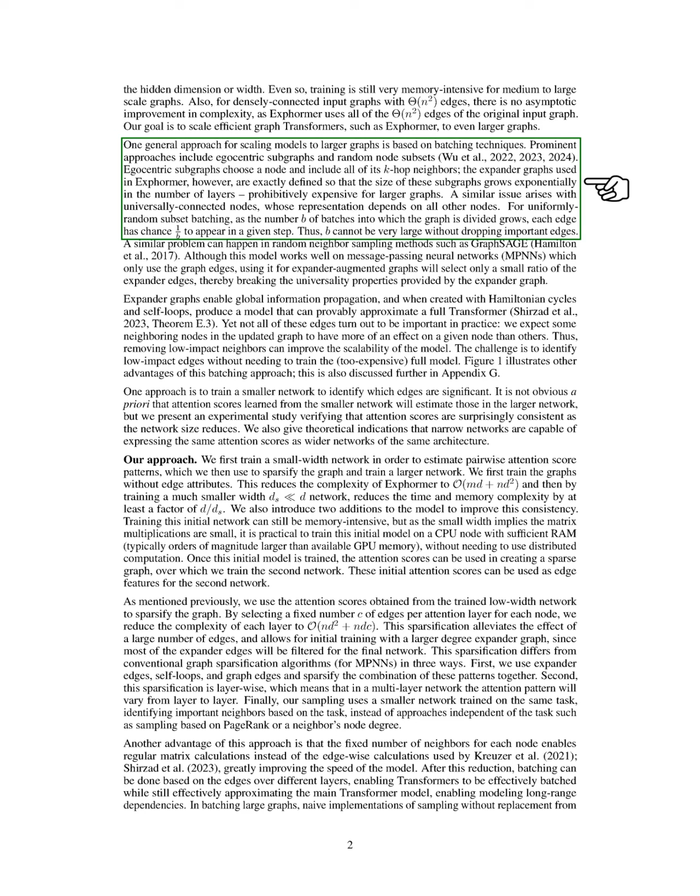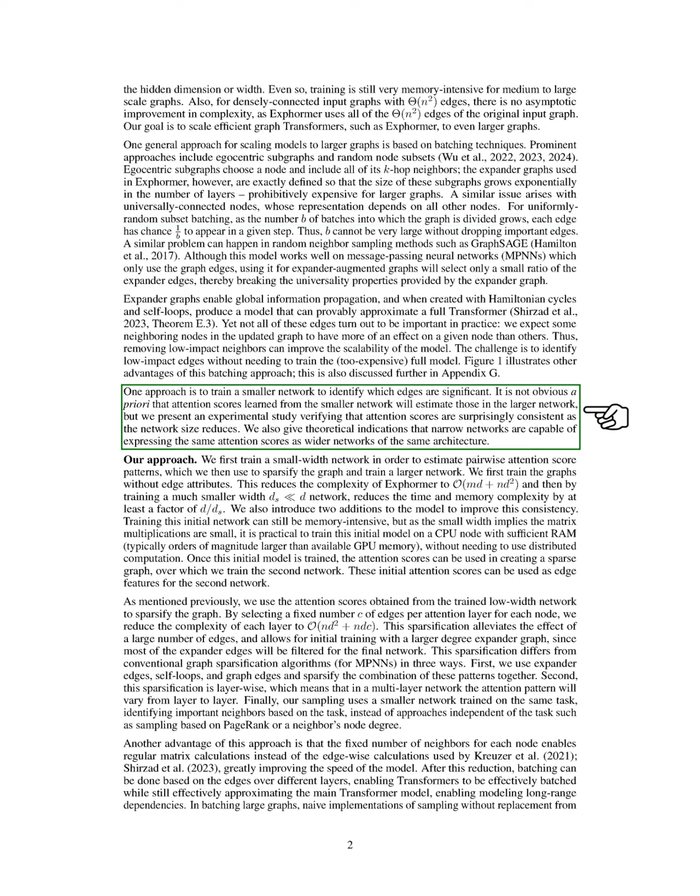One common strategy is to use batching techniques, such as egocentric subgraphs and random node subsets. However, these methods can be costly and may not retain important edges. We also highlight the limitations of random neighbor sampling methods, which can overlook critical connections in expander augmented graphs. To improve scalability, we propose training a smaller network to identify significant edges, which can help us reduce the complexity